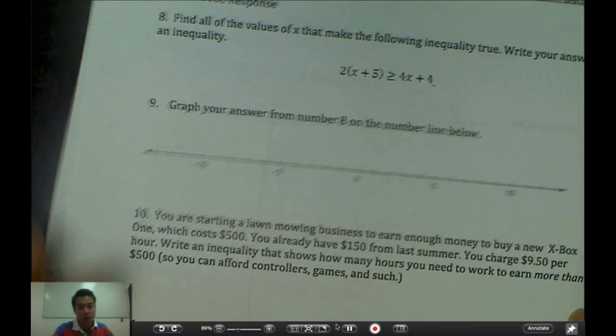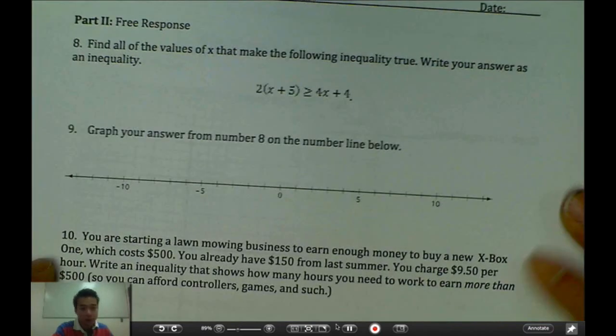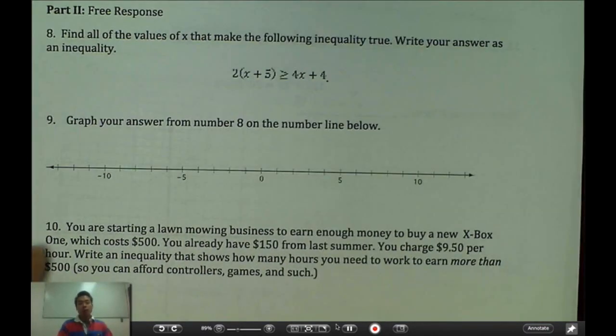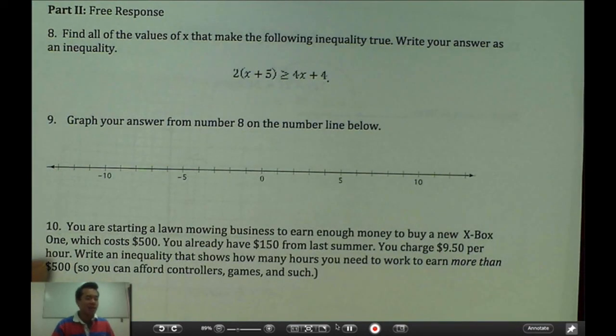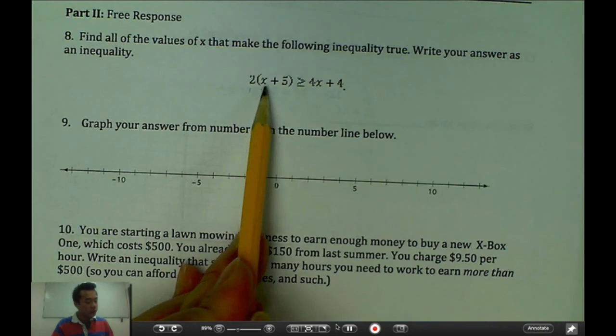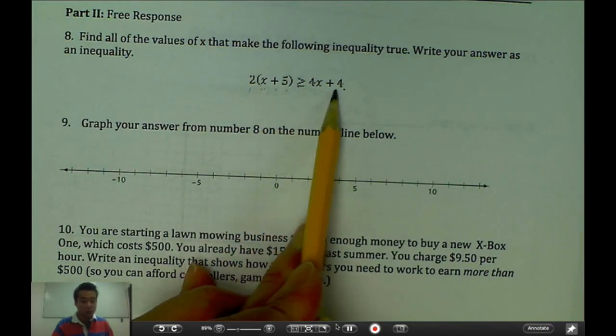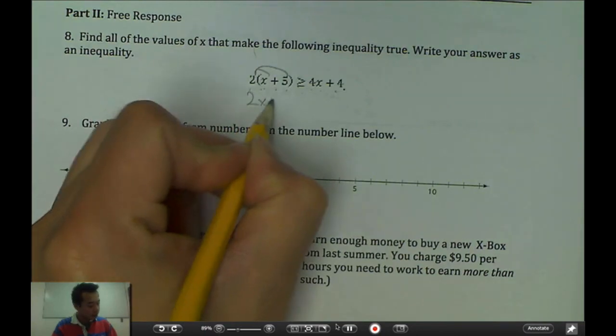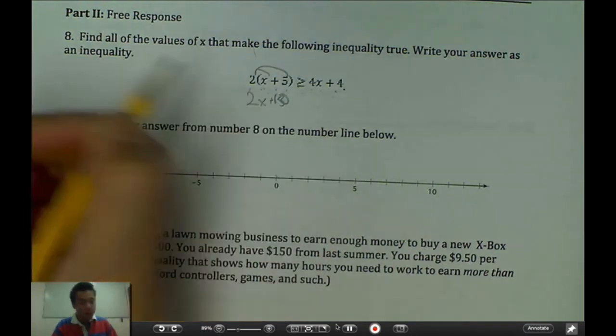All right, let's get into the nitty-gritty of it. Now we're doing some free responses. I'm going to show you the way that I saw some students do it, and they kind of messed this one up because they left off a couple things. I have two groups of x plus 5 is greater than or equal to 4x plus 4. Yes, a lot of you did something like this and got 2x plus